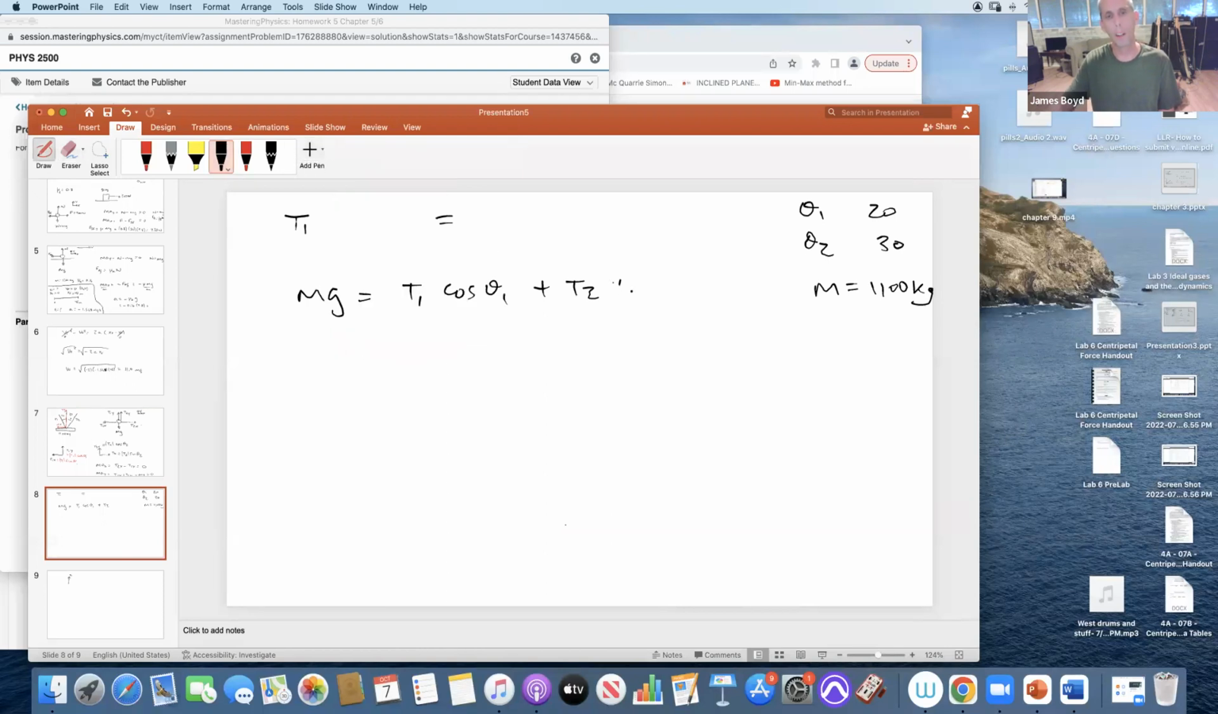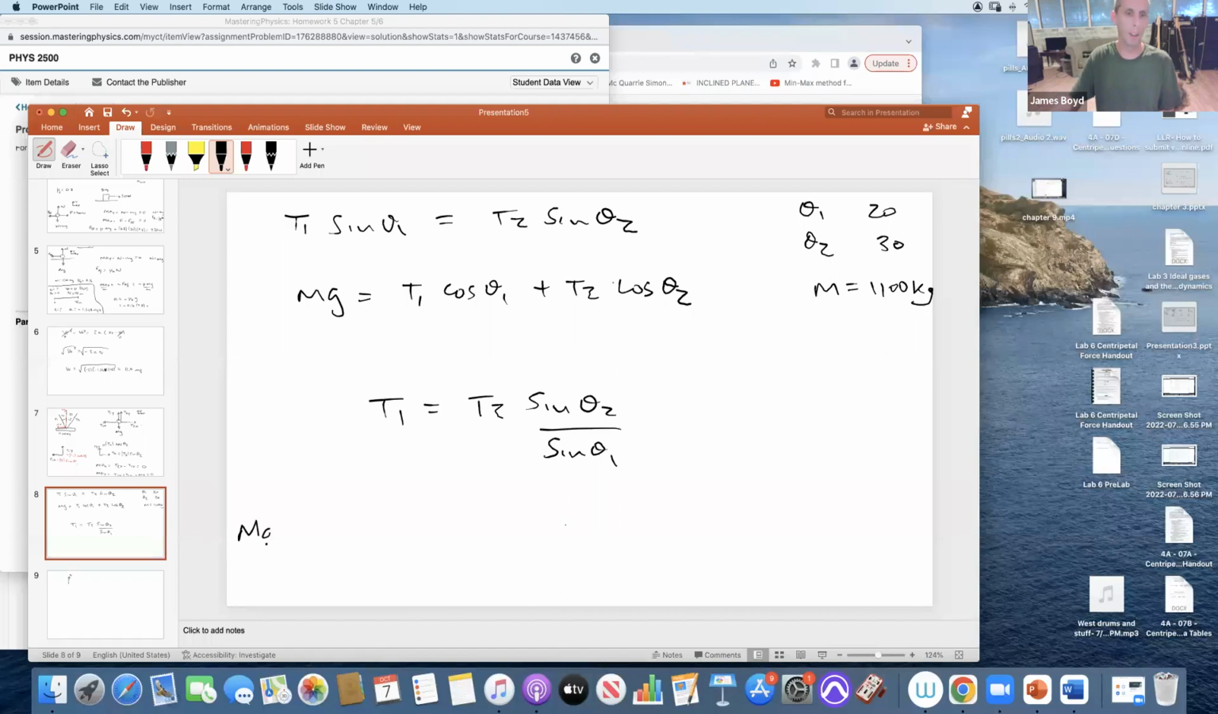Cos theta 1, cos theta 2. This is T1 sine of theta 1 and T2 sine of theta 2. And that means T1 is T2 sine theta 2 over sine theta 1. Plugging that in there, and we get that mg is T2 sine theta 2 over sine theta 1 cos theta 1 plus T2 cos theta 2,